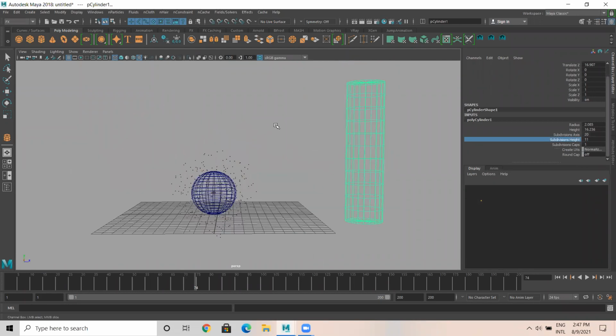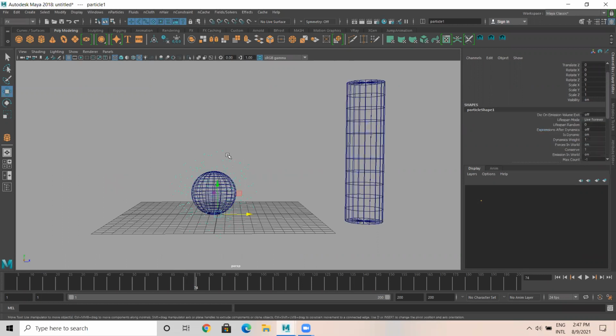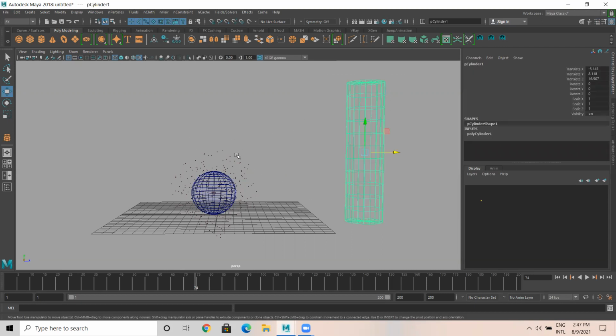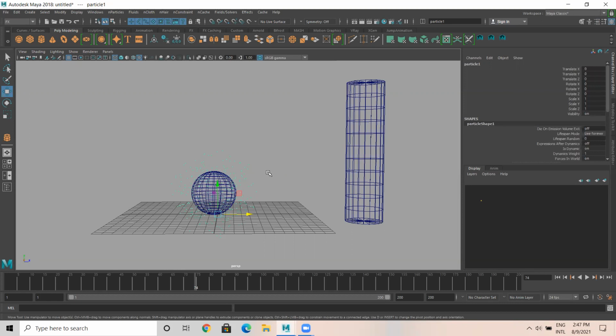So what I can do is, I want this particle to go and stick to this particular shape. I want the sphere as a source of emitter, means I want the sphere to emit particle, and these particles should go here and stick to this object. Okay, let's say like this is the goal for these objects.